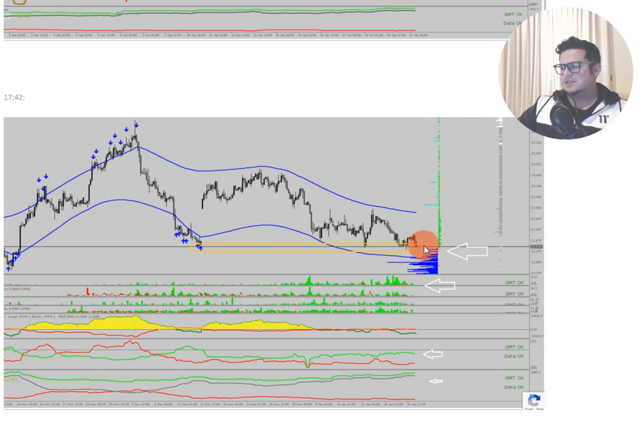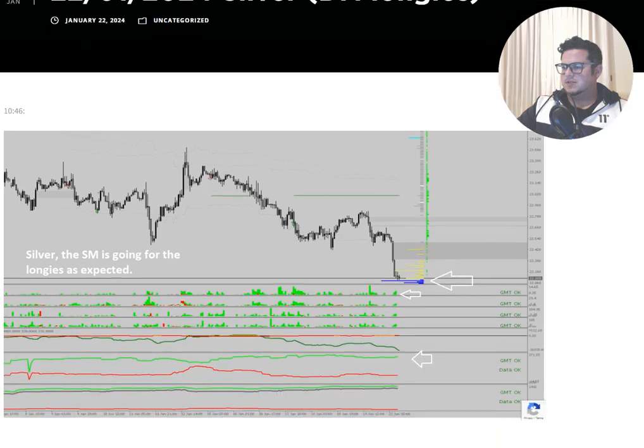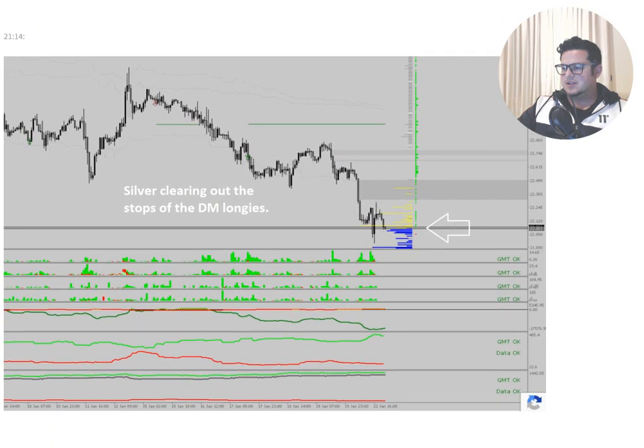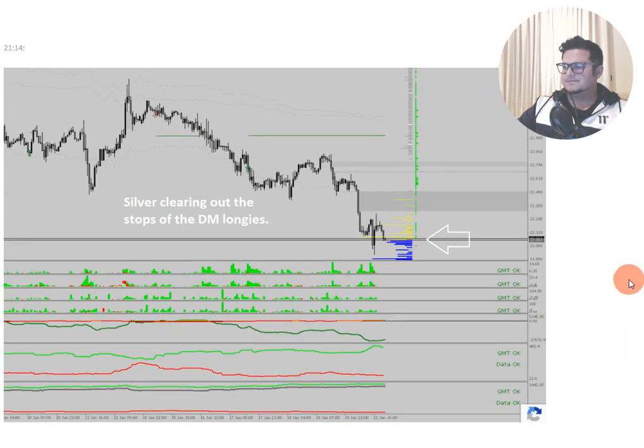So instead, they go down against those longies. They clear the low, okay, and take all those stops, all right? Boom. Like you see on the 22nd, okay? They take the short-term stops. More longies try to buy thinking they can enter cheaply. So, you know, they're going for the kill, okay? So in those situations, remember, you need to be able to see that, and you need to trade accordingly, okay?